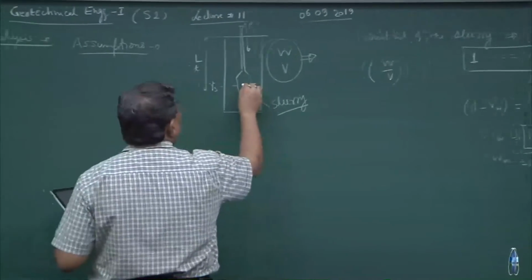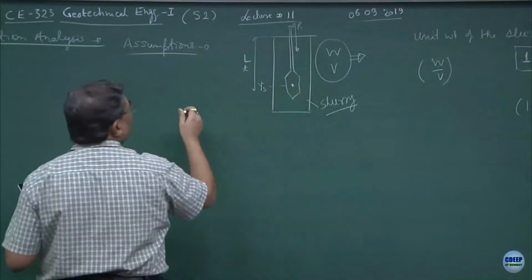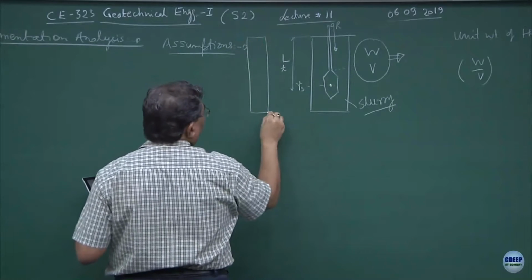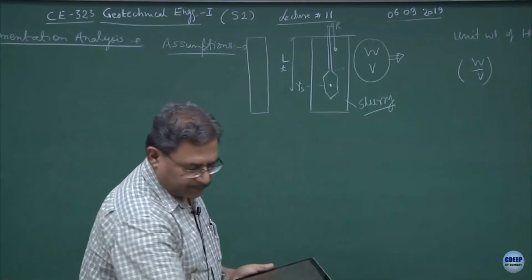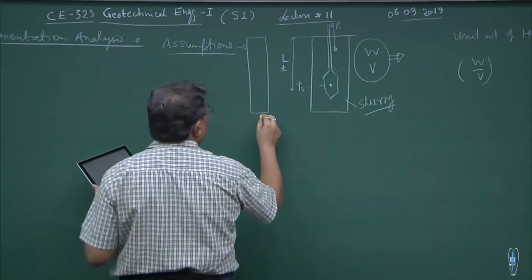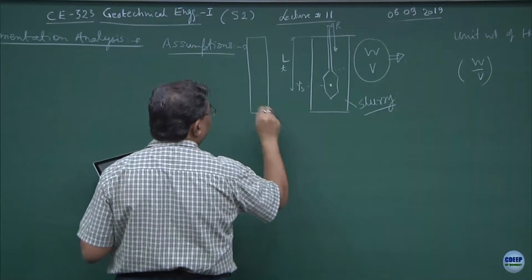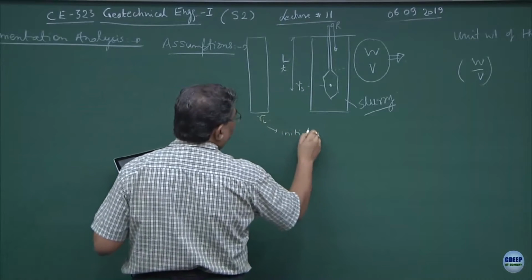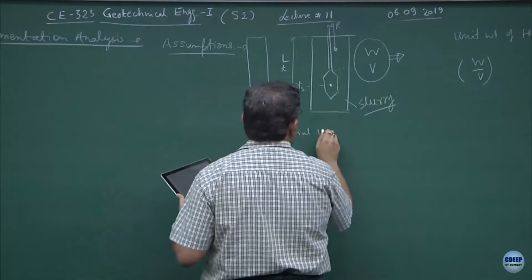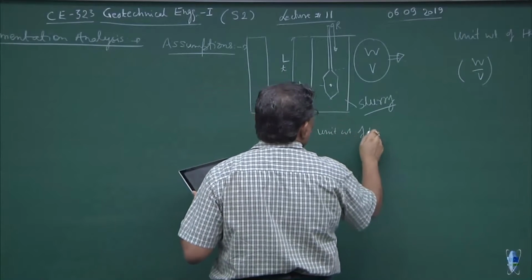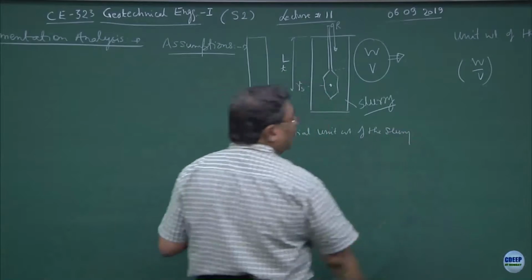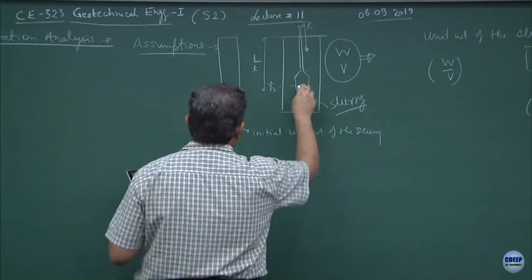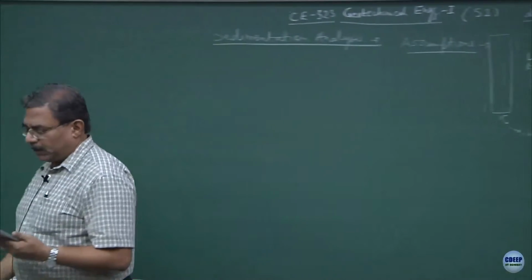Now, when we deal with the hydrometer, the concept here is the density of the fluid keeps on changing with respect to time. So, if I define this as gamma I, where gamma I is the initial density, initial unit weight I will write of the slurry, and remember, if I am using a hydrometer, I am getting the value of gamma slurry corresponding to this point. So, this I can measure, this I can compute, I can do both the things.